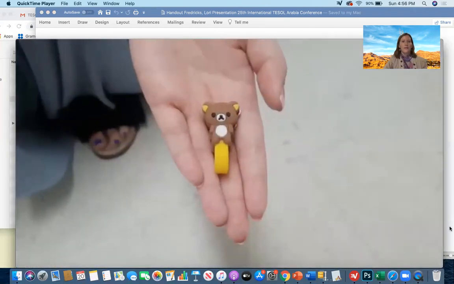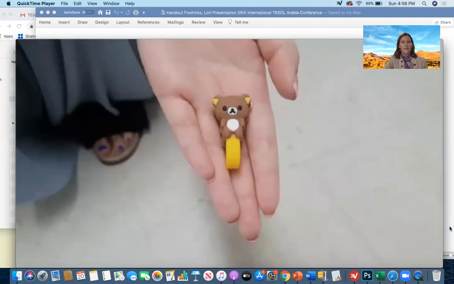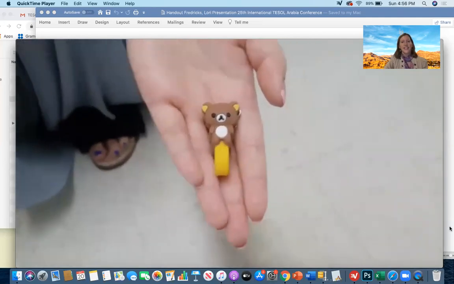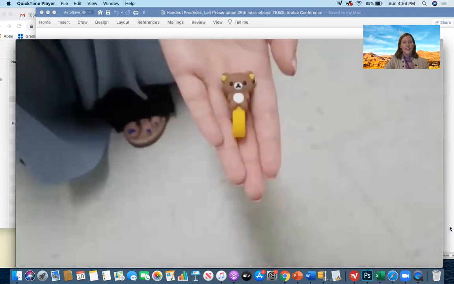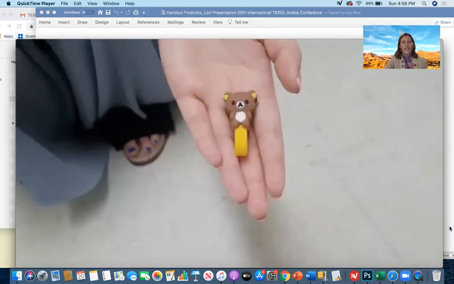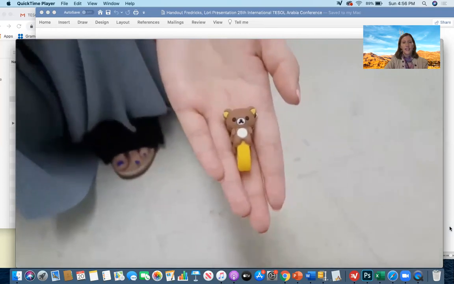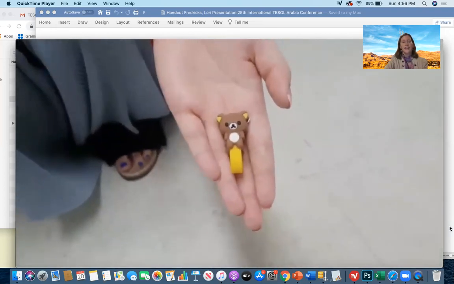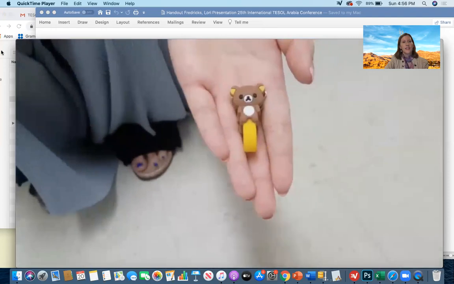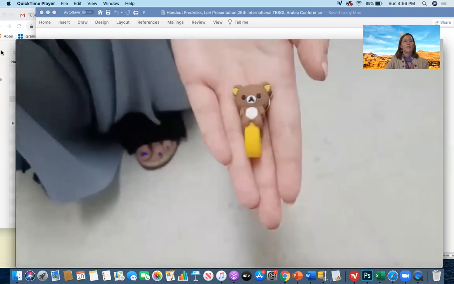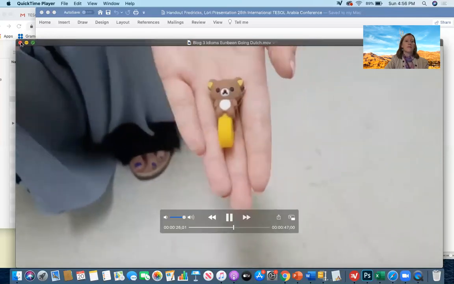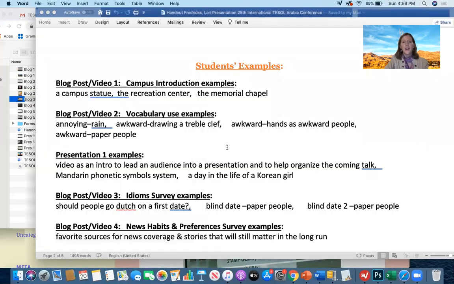Hi. Hi, how are you? Good, how are you? Good, thank you. So, do you think people should go Dutch on a first date? I think on a first date, because both sides are still getting to know each other, I think it's respectful for each person to pay for themselves. But if somebody... Okay, so you get the idea.